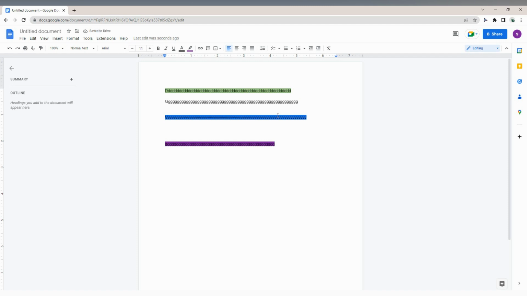So this is a super option. You can use this on Google Docs and make use of it to highlight the important points in your document or the entire document. So try this on Google Docs,